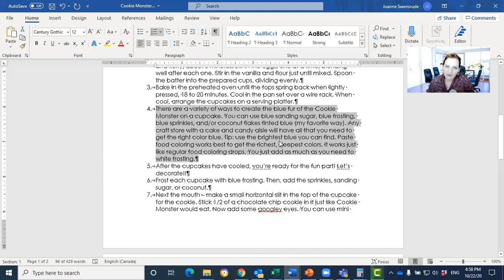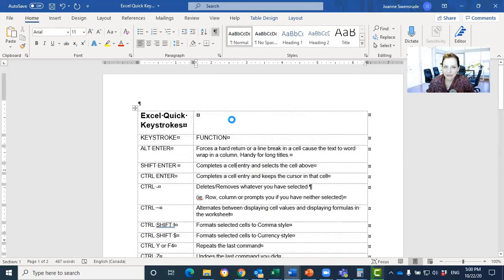Now, where else does it work? It also works in tables. So this is a little document that I created for Excel quick keystrokes because, as many of you know, I love Excel. Love Word too, but I love Excel as well. And